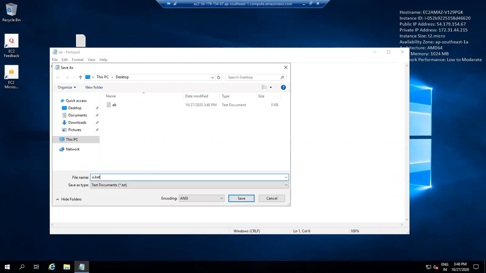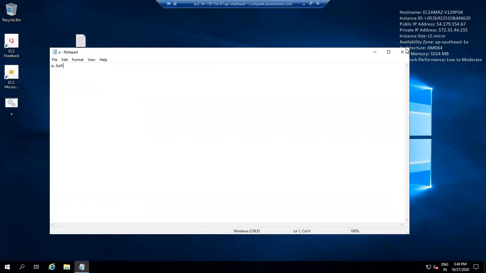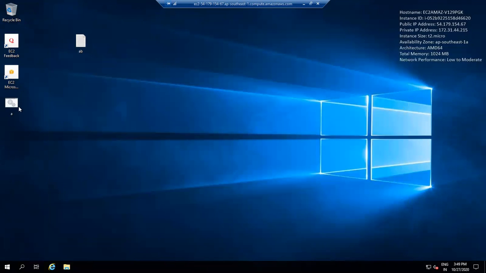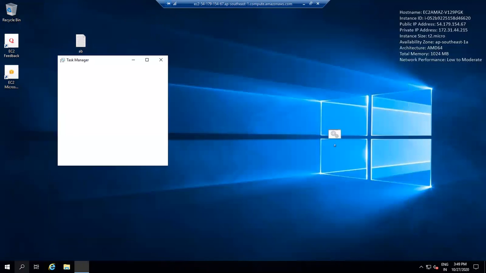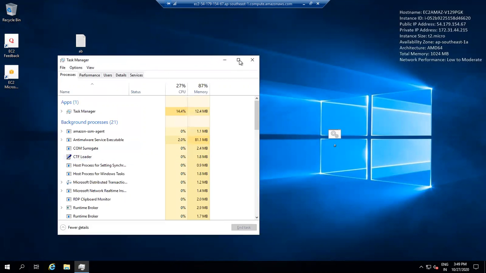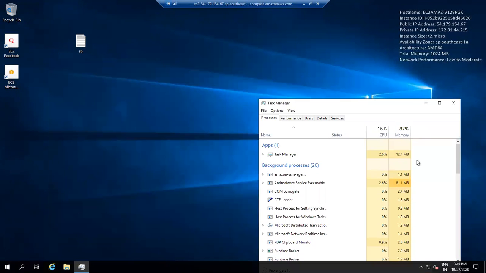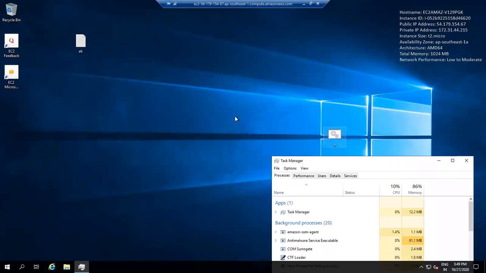Then one more file is created, and I am here in task manager. As I checked, CPU utilization is 25%. It is in normal condition.